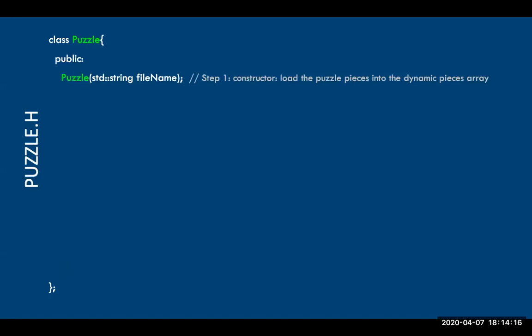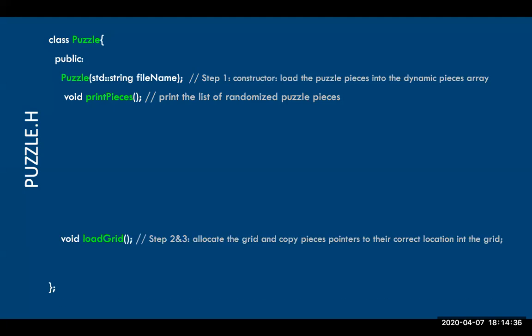So we have our constructor, right? And this is what I'll call step 1 for the assignment. You've got to load in the puzzle pieces from the file, right? I'm going to pass you, or you're going to pass yourself, the file name, right? And so your constructor needs to open that file. And then we'll have a method for printing the pieces, which is just printing that dynamic array of pieces, different